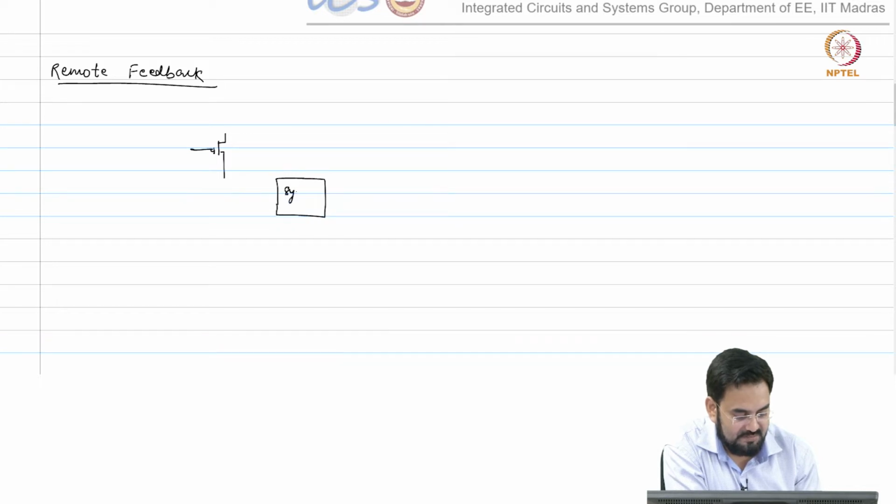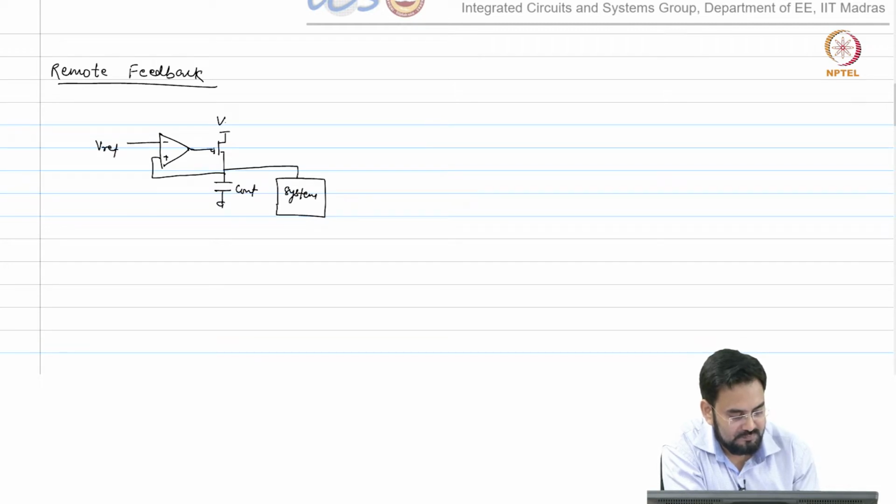So this is my system which requires, let us say, 1.2 volt and this is drawing 1 amp of the current.